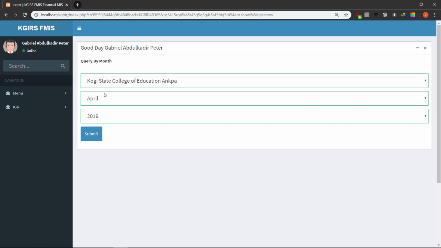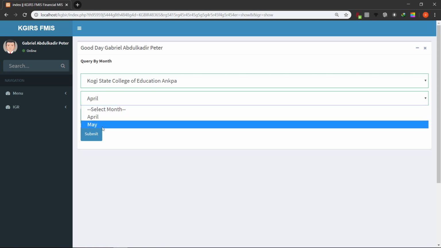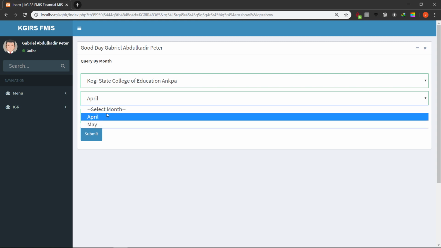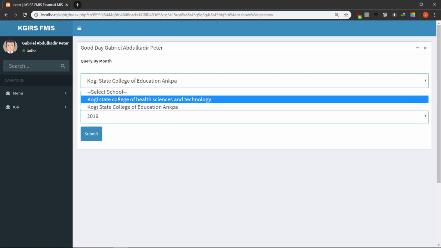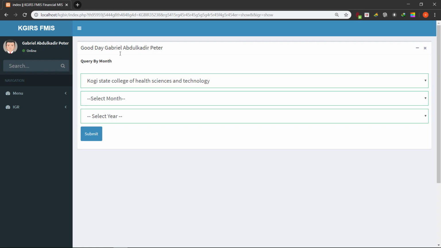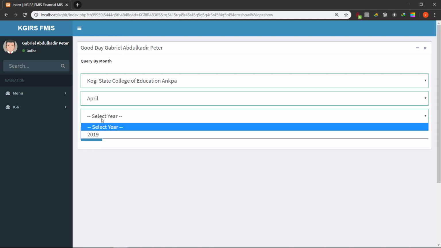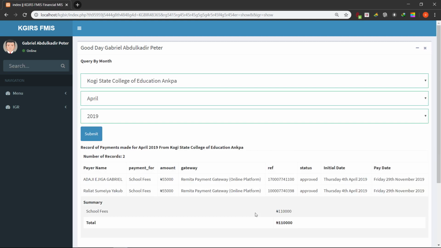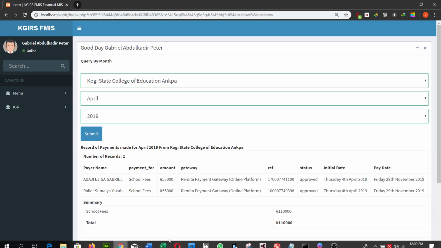Now you see that for Kogi State College of Education, only April and May are available. But if I select Kogi State College of Health Science and Technology, you see that you have April and May too. So that's kind of identical. All right, but for Kogi State College of Education, I can select April 2019 and view. It is what I see here that the